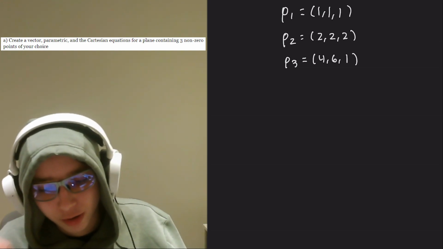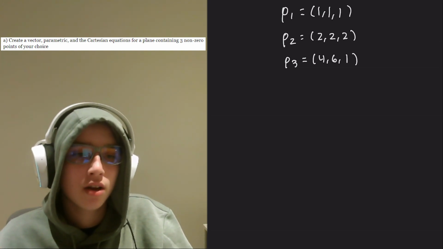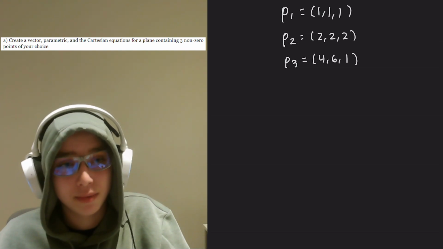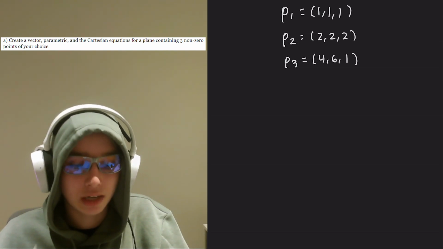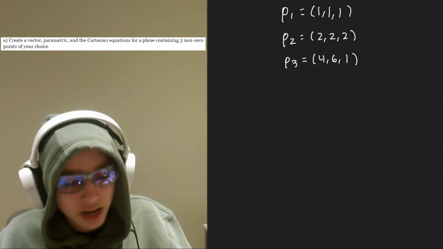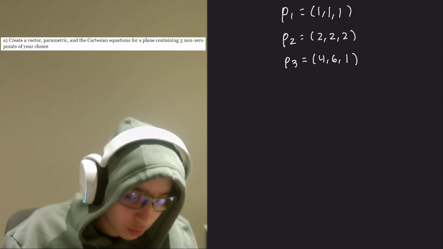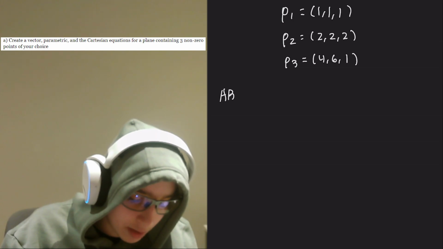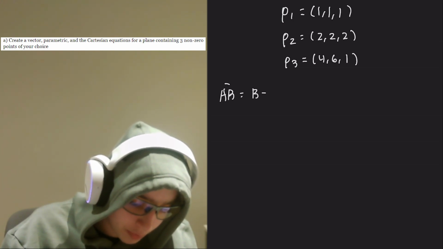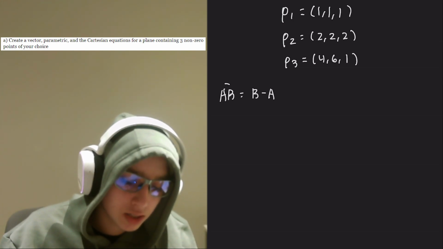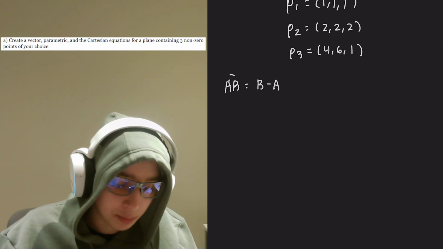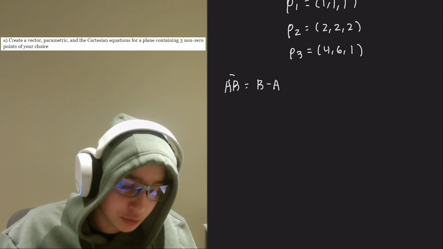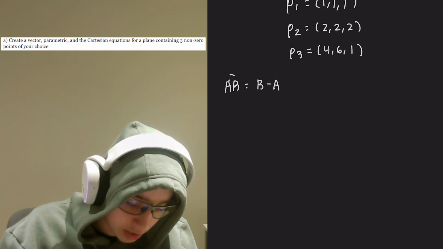So now we have our 3 points, and in order to create our vector, our parametric, and our Cartesian equations for this plane, we're going to have to create some direction vectors out of these points. And the way we're going to do this is using the formula line AB is equal to B minus A. So this is basically creating direction vectors based off the points we're given. And to apply it, I say we use P2 and P1. So let's go with P2 minus P1,